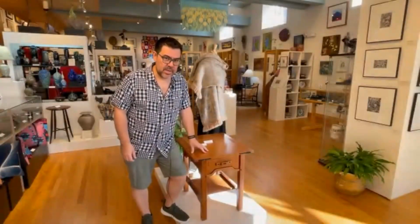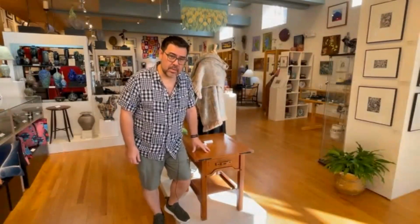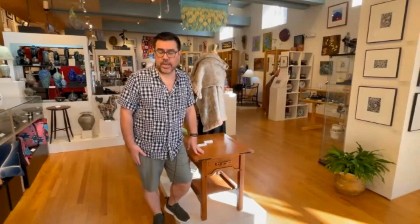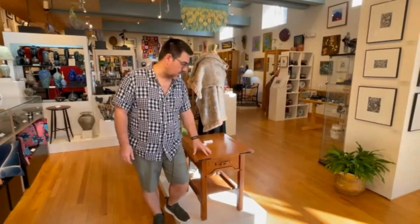This is another artist who's going to be at our fair. He is one of our newer artists. His name is Brian Brace. He's from Black Mountain. He's a furniture maker. He's been doing this for quite a while. If you've been to the Southern Highlands show, either in the spring or the fall, you may have seen him there. He is really an excellent woodworker,